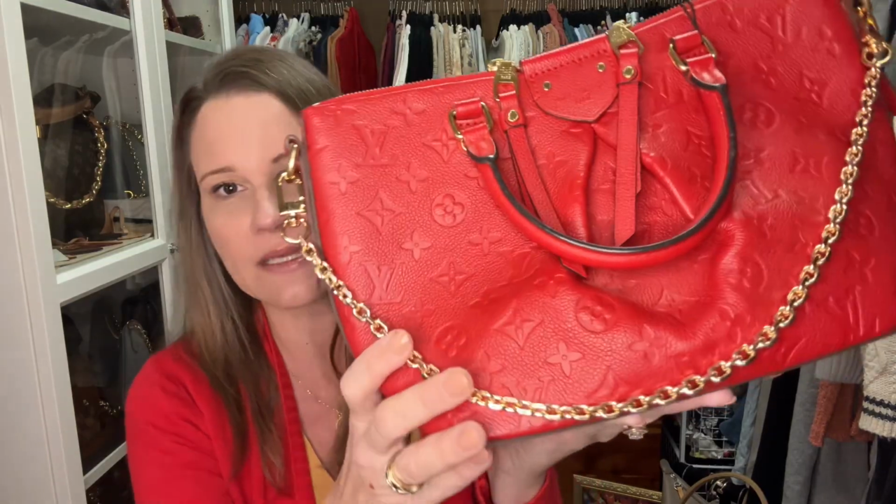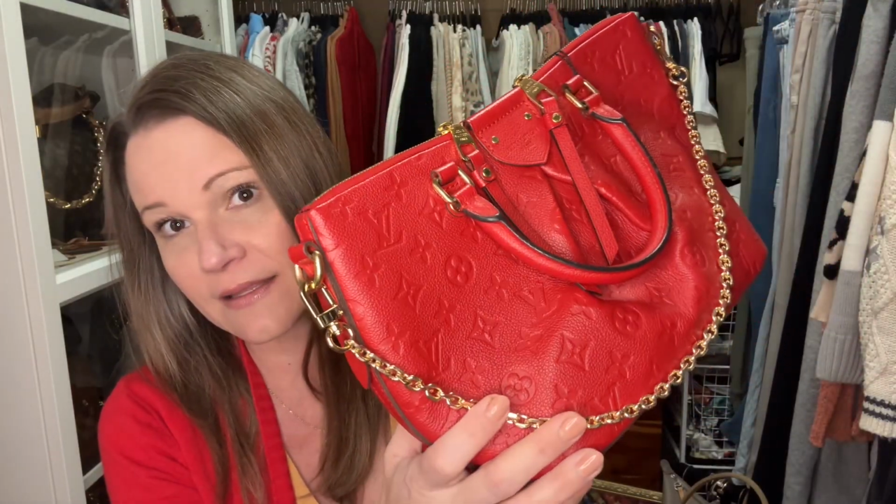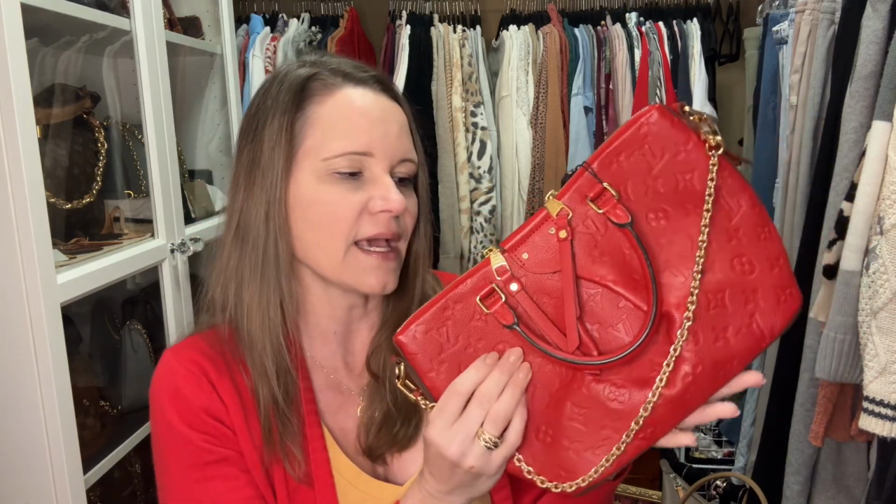And they aren't willing to redo the glazing. They want to replace the handles. And honestly, I don't want to replace the handles. The reason being is because I'm afraid that the red won't be exactly the same. It'll be a different cow. It'll be a different dye lot. So that's one reason. And the other reason is that